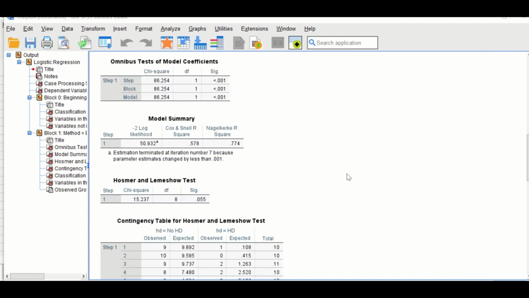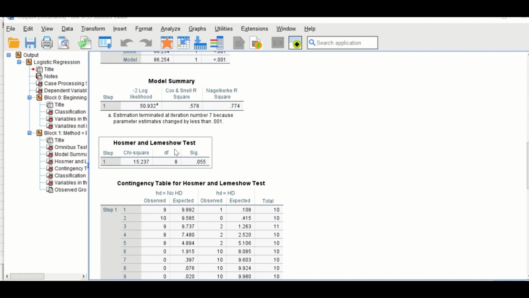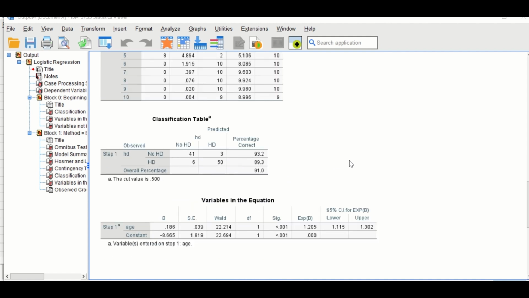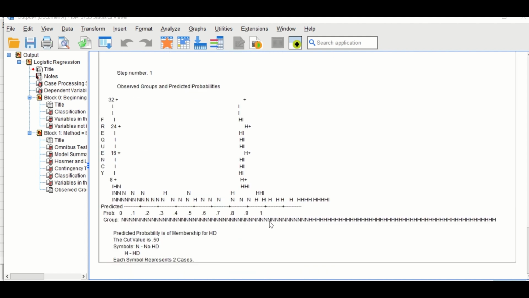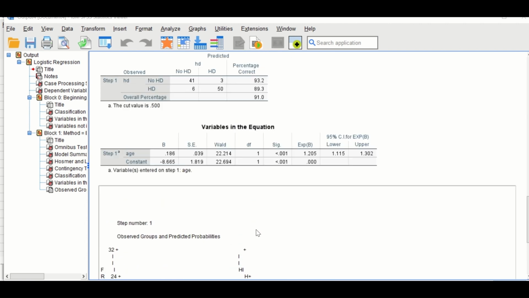The next table is the table for the Hosmer test. Again, we need the significance in it to be greater than 0.05 as shown here. The most important table to look at for the analysis is this one here. Before interpreting this table, as I said, we are looking at predicting the heart diseases relative to no